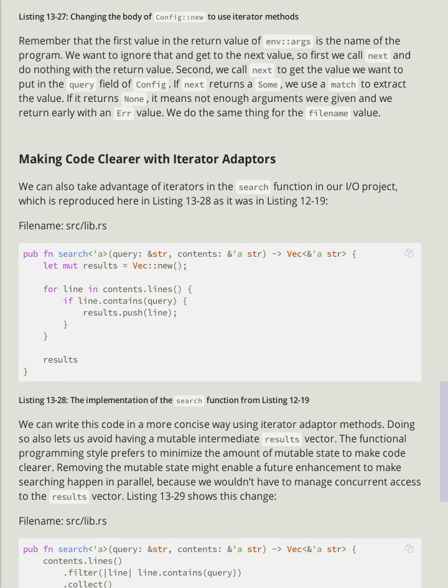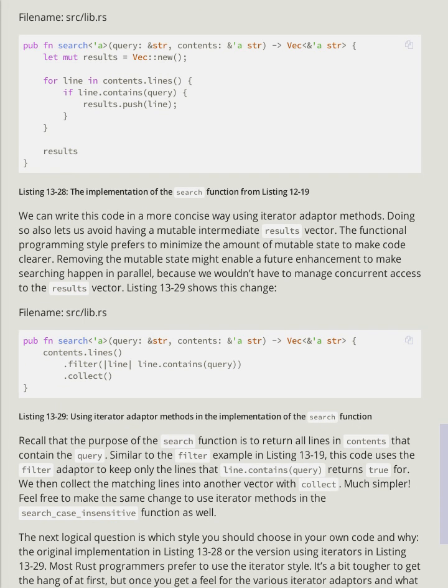It's in lib.rs. pub fn search<'a>(query: &str, contents: &'a str) -> Vec<&'a str> { let mut results = Vec::new(); for line in contents.lines() { if line.contains(query) { results.push(line); } } results